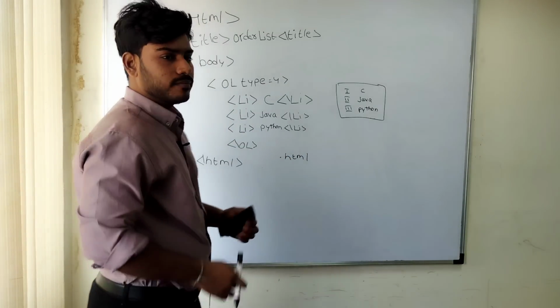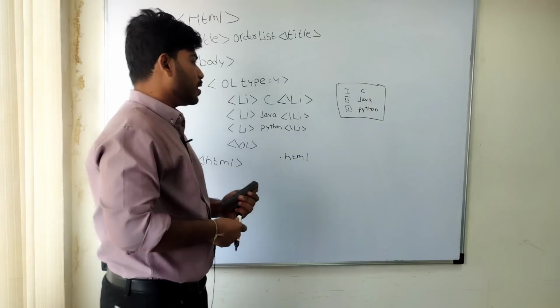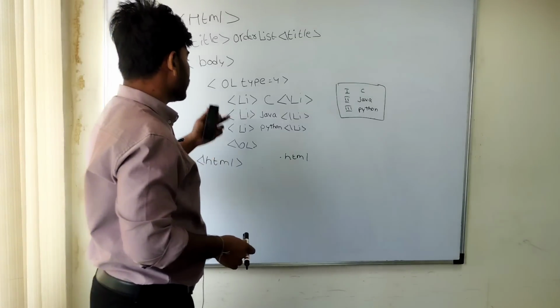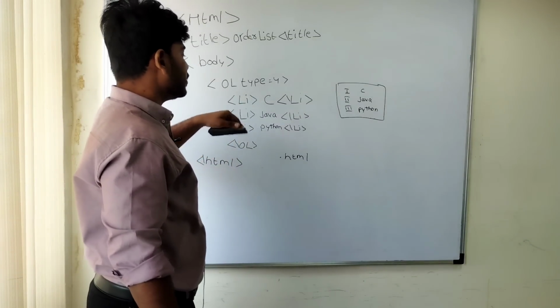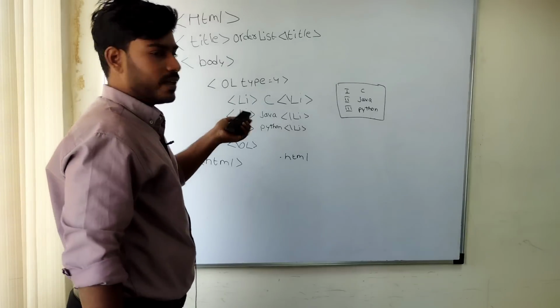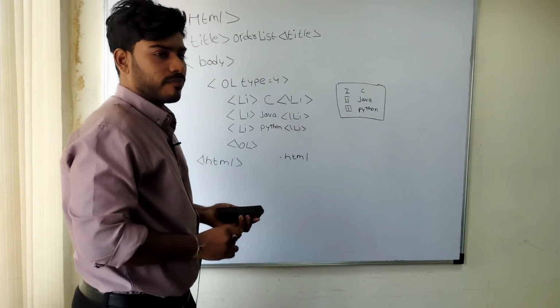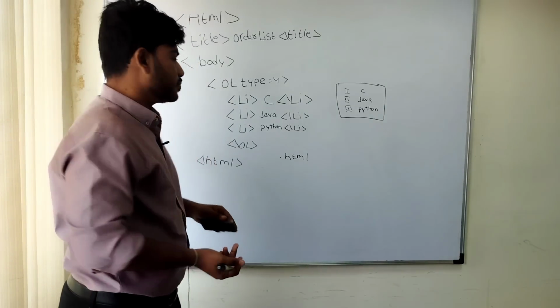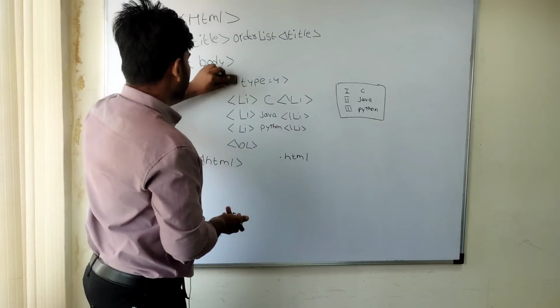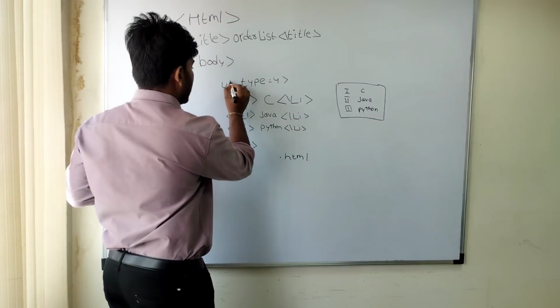So how can you print an unordered list then? For unordered, you have to change it to an unordered list. This is the ordered list. Unordered list means the syntax, the tag, will be different. What is the tag we can use for unordered list? UL. That means UL is the tag for unordered list. Okay. If I replace it with UL,